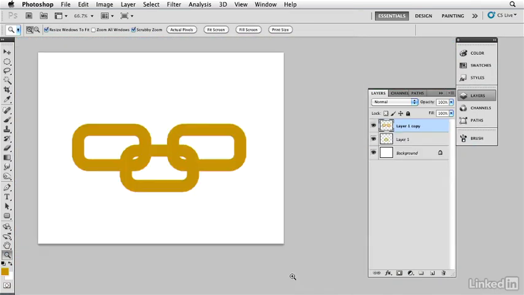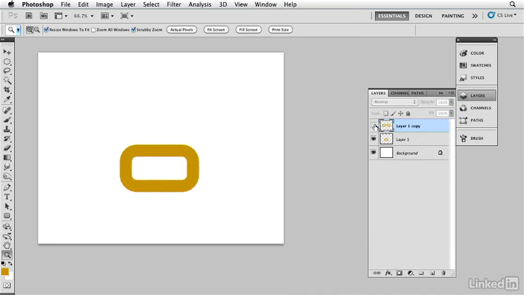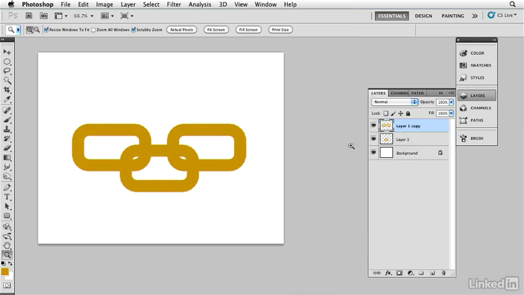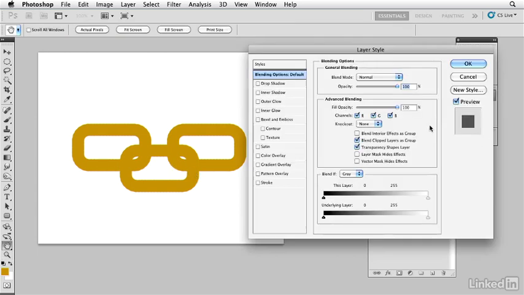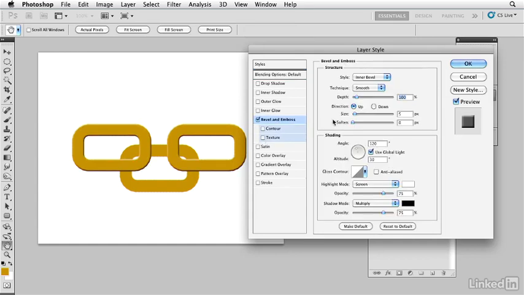Got here a file where I've created these three little shapes. One of them sits alone down below, and the other two are on top, just like that. So now I want to create the illusion that these guys are, in fact, little links in a chain. So I'm going to apply a layer style that's going to make them look kind of like a little link in a chain. So I'm going to just say a little bevel and emboss and increase the size a bit,